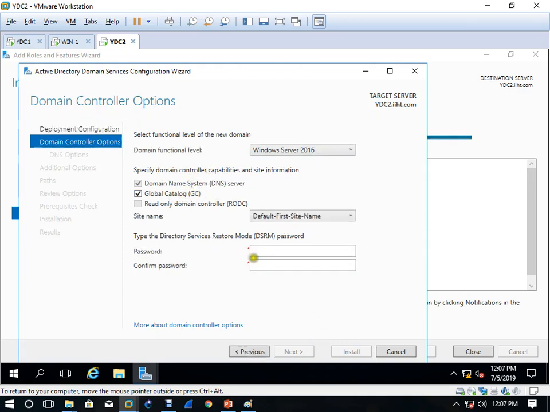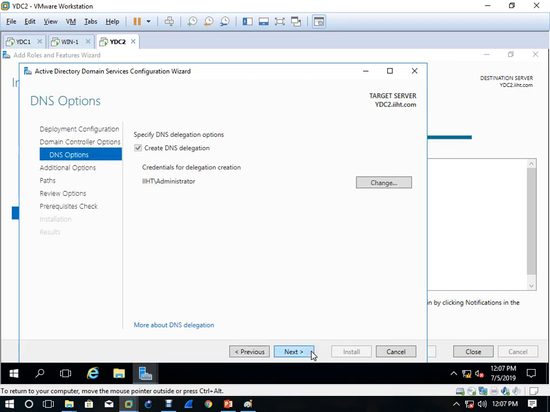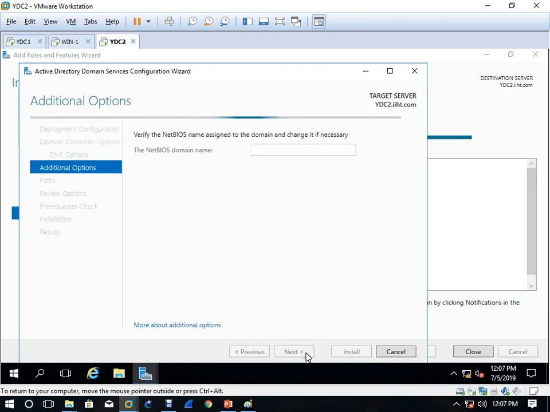Okay, everything is okay, no problem. This is the restore mode password. Everything is normal as we have completed before. Okay, IST administrator, next. What is your server name?